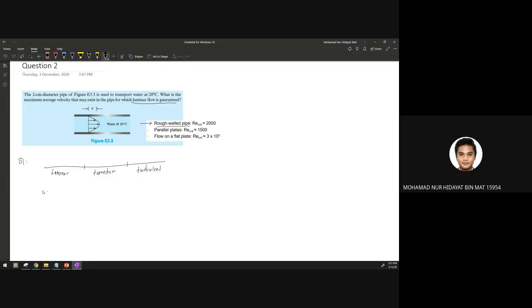From here, laminar, transition and turbulent. So basically this value is critical. Reynolds number critical, with an asterisk. The critical here is around